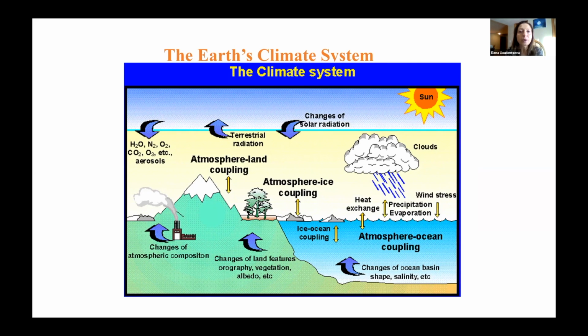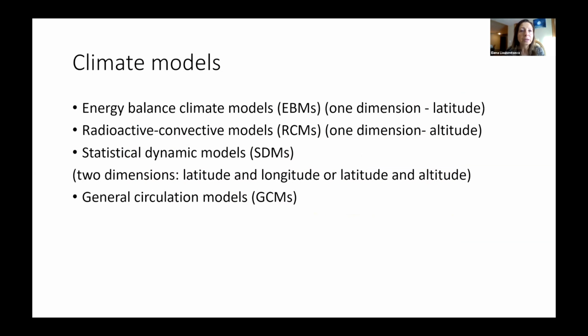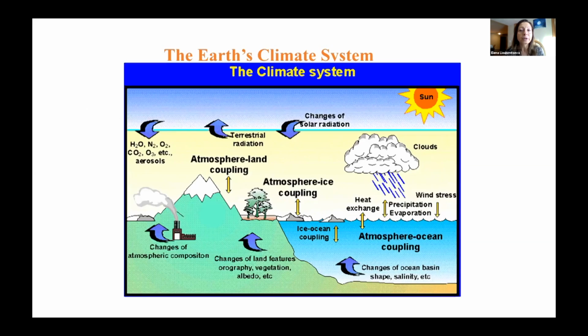And you all understand that a model is just a representation. So, we can talk about a paper model, a scientific model, a mathematical model, a conceptual model. Here, I'm going to focus specifically on climate models, and climate models are really meant to simulate what is going on in the entire climate system, not only in the atmosphere, but also in other parts of the climate system, such as the ocean, the ice, the biosphere, soils, and so on.